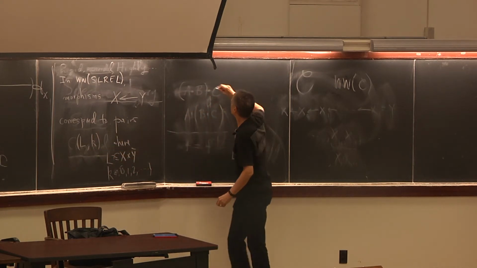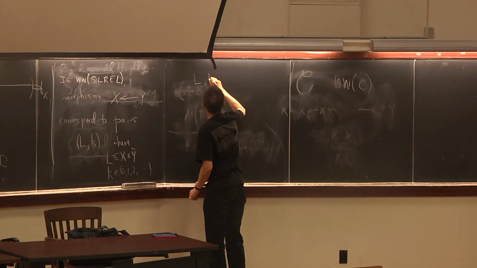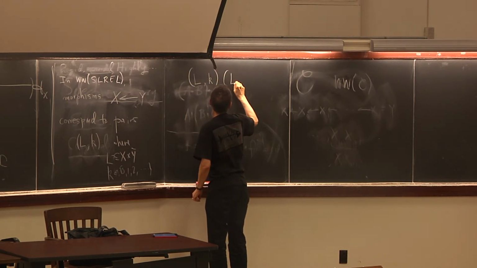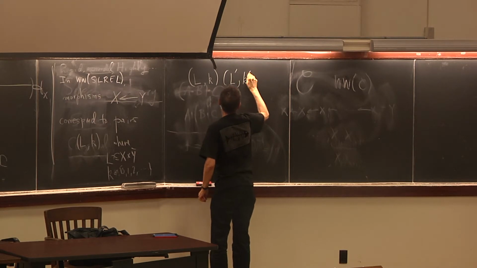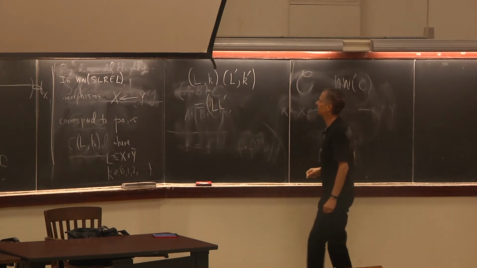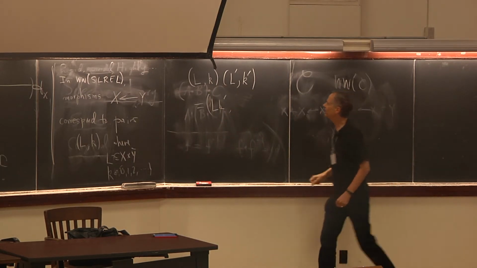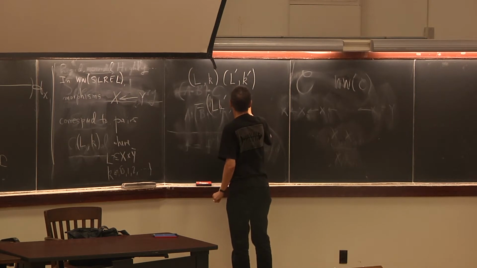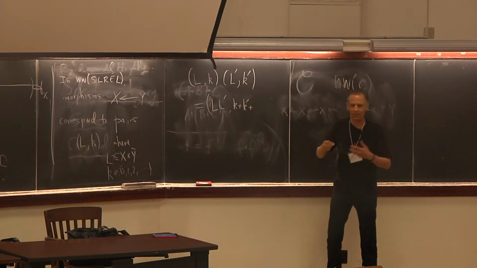But the more general composition law is this: if I take (L, K) and compose it with (L', K'), the first part is what you think it should be. It's just the ordinary composition, clean or not. And then you add the excesses. But there can be more excess,